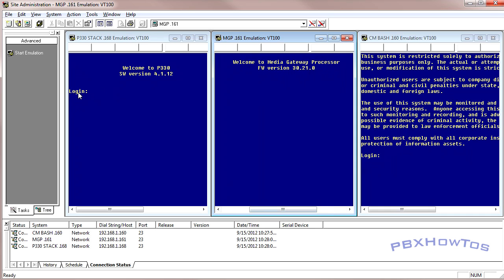Now, the one on the far left is the actual P330 Stack itself. That's the Cajun networking part, where you can do your routing, things like that. The middle one is the Media Gateway Processor itself. This is the media side of things, or the H248 connection. This is where you're going to be doing a lot of the stuff for your gateways, where you set up SLS, things like that. The far right one is the bash command, or in the Definity or CM